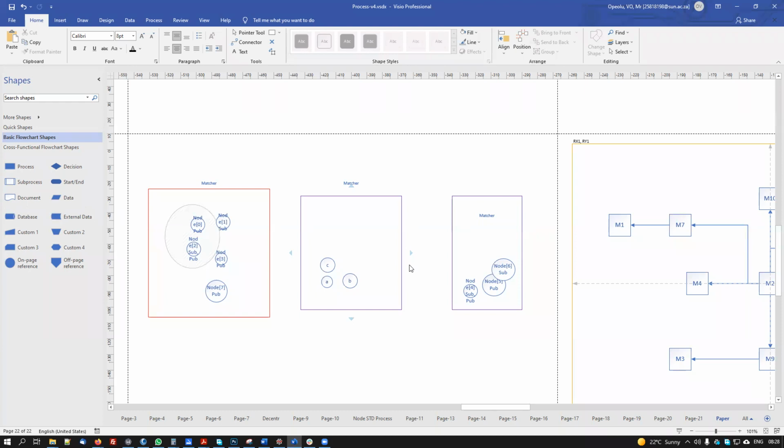So I guess you explain how I can subscribe to an area outside of my current matcher's area. Then can I publish to an area that's outside of my current matcher? It should be possible. I'm going to use Node 7 again as an example. I am Node 7, and I want to publish to an area that my matcher does not have. So I tell my matcher this is who I am, and this is where I want to publish to.